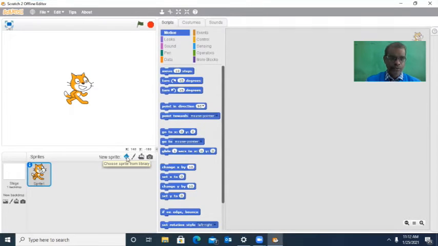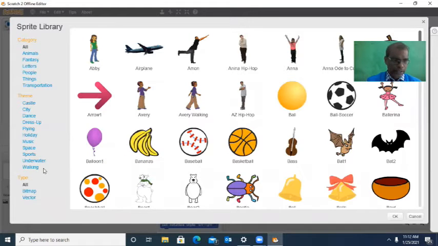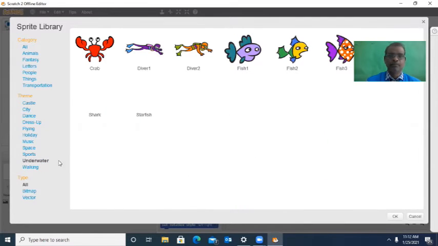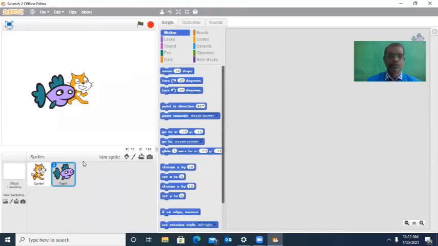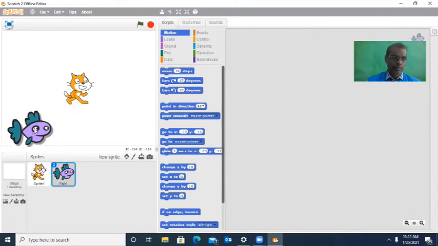New sprite, choose sprite from the library. Here select underwater, since you know very well fish live underwater. Select fish 1 and then click OK. So the fish is inserted. I placed it here. Now we must write the coding for the first fish.